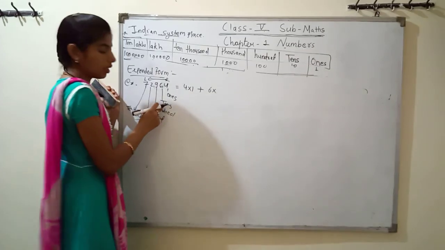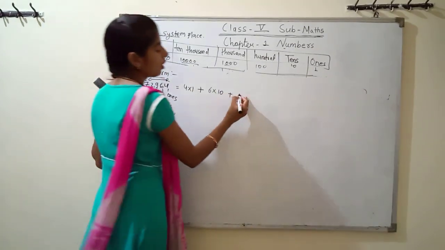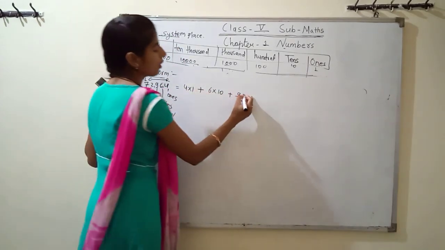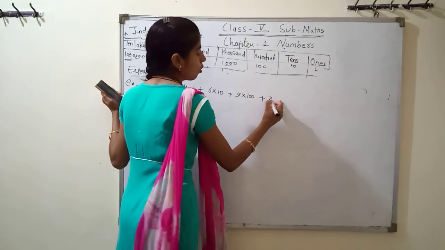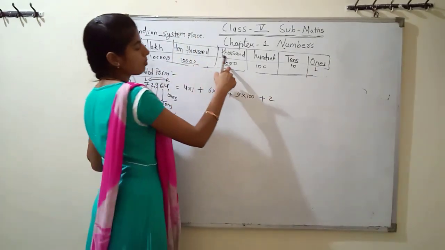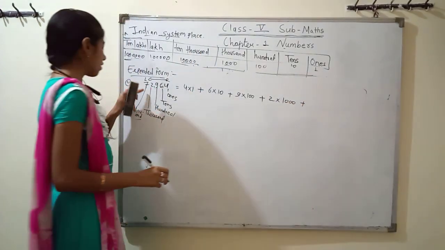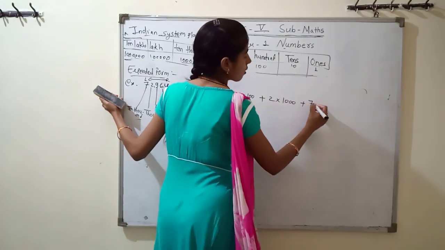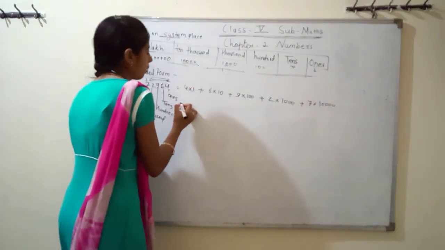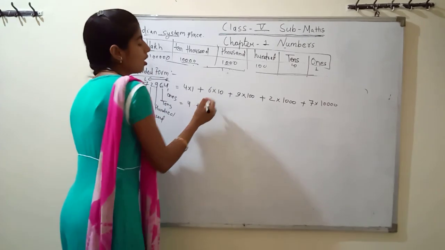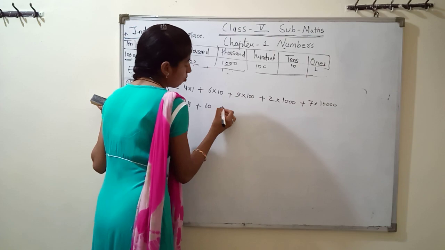6's value is 10, so 6 into 10 plus, then next is 9. 9's value is 100, 9 into 100 plus, then next 2. 2 is the value of 1000, so multiply with 1000, plus sign. 7 is the value of 10,000, so 7 into 10,000. Now multiply: 4 multiply with 1, 4, plus 6 multiply with 10, 6 tens are 60, plus